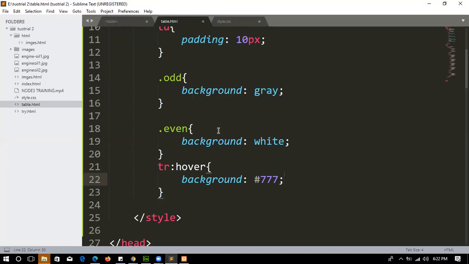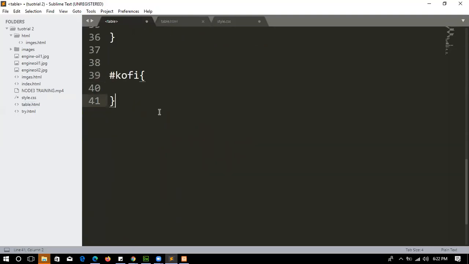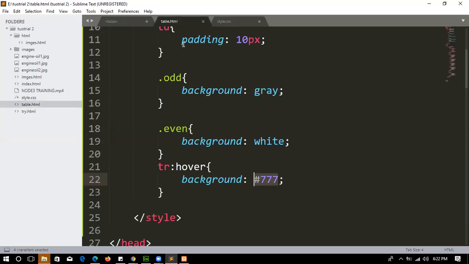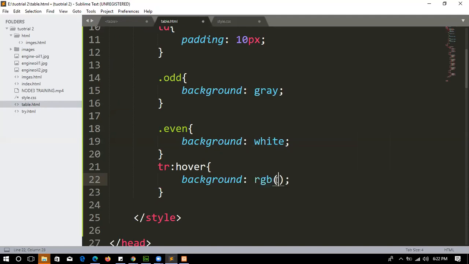In CSS, we can apply colors in various forms. We have the RGB, that is the red, green, and blue. So instead of something like this, for background, I'll state RGB like this. RGB is something like a gradient color. We can apply a gradient color using the RGB. So how much red do I want? I want something like 100 red,